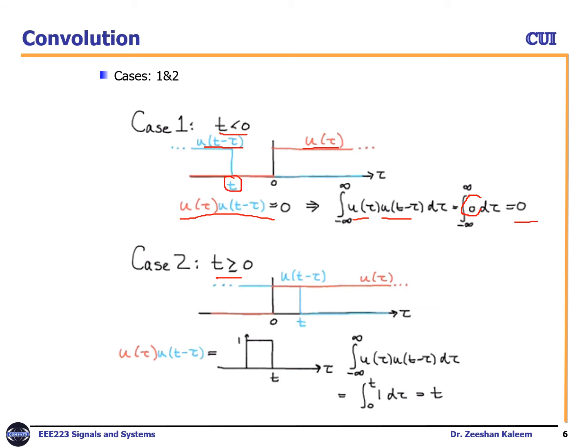So when we take t greater than 0, for example, this is 0, and then you have this overlapping region, right? So look at this. There is overlap between 0 to t, and the amplitude is 1. So u(τ) into u(t minus τ), you will get this one. So the limit will be 0 to t. So integrate, minus infinity to infinity is the general limit, u(τ) u(t minus τ) dτ. So 0 to t, and then the amplitude is 1 here. After taking the integral, you will get t here, right? So now there are two results. One is 0, the other is t.